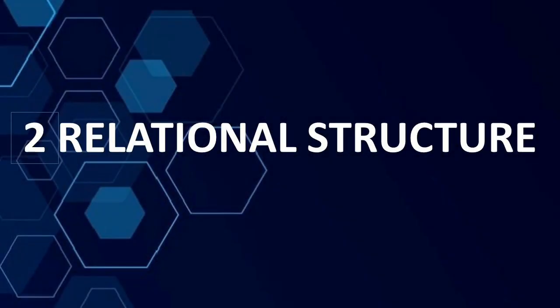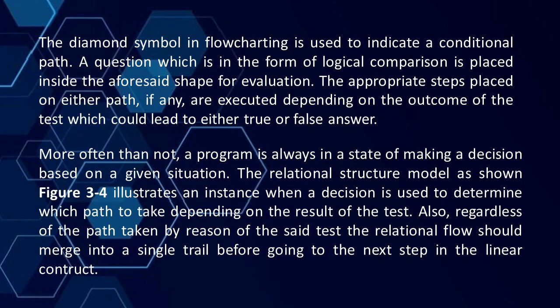Relational structure. So, ang diamond symbol sa flowcharting nagrepresent siya og decision point where ang logical comparison is nahitabo. So, inside the diamond, ang condition kay gi-evaluate. And base sa result, ang flowchart mag-take siyag one of two paths, which is one for true outcome og another for false. So, in many programs, ang decisions kay crucial jud siya as they determine ang flow based sa situation